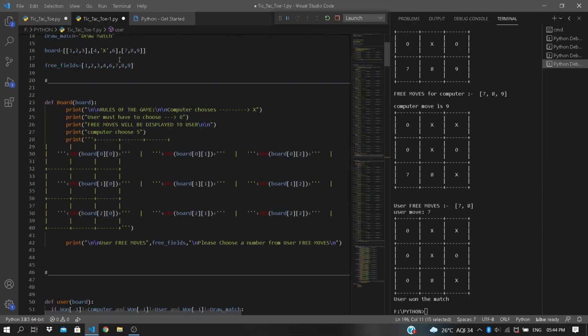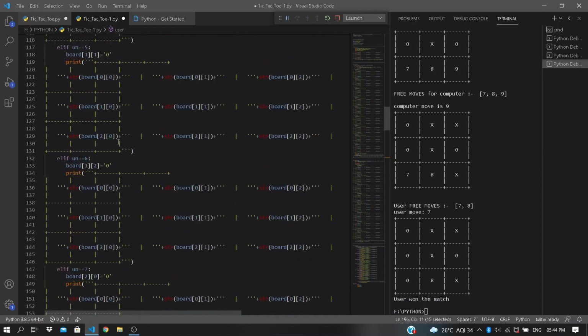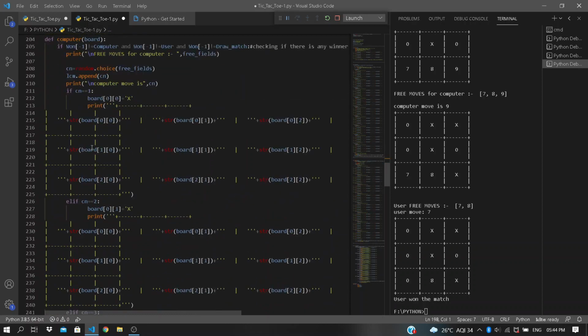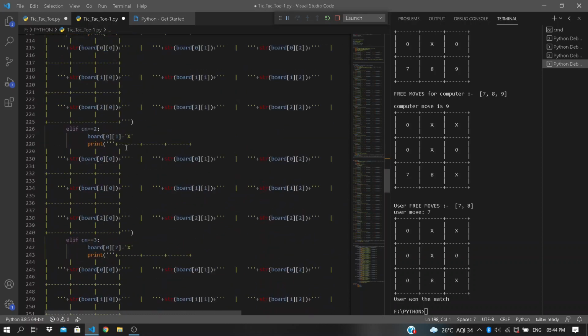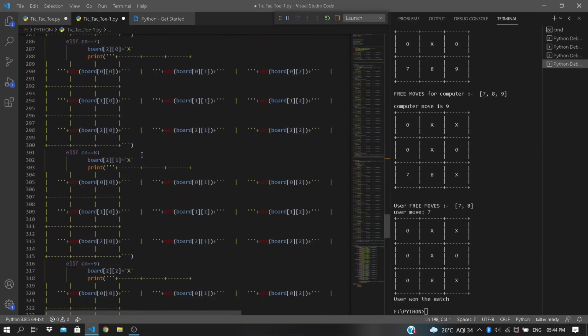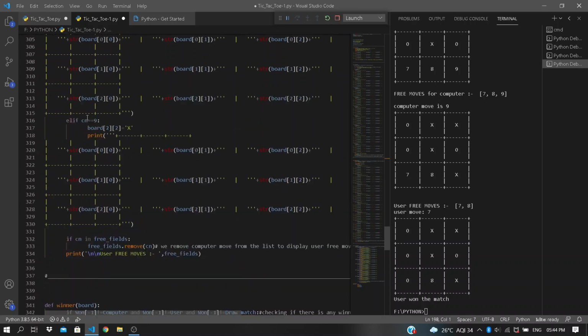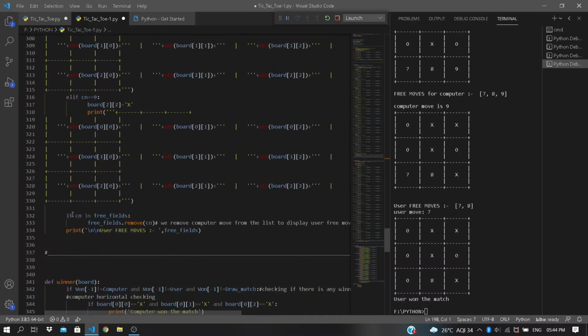See, there is no 100 number. So before removing, we will check that the number is in prefills or not, and we will remove that number. Again our computer function will be called. It will choose a random number, X will be placed in that random location, and we will append that number to the list of computer moves.